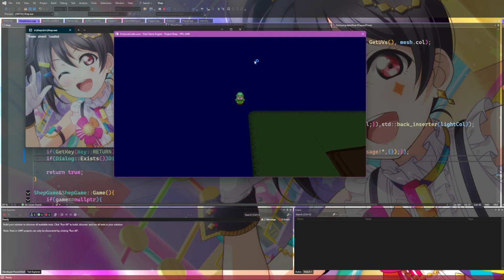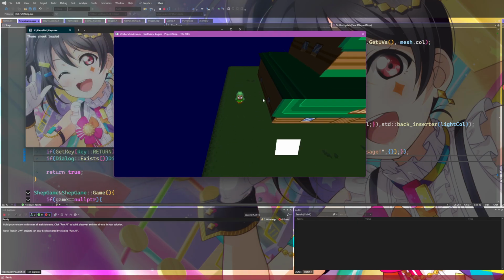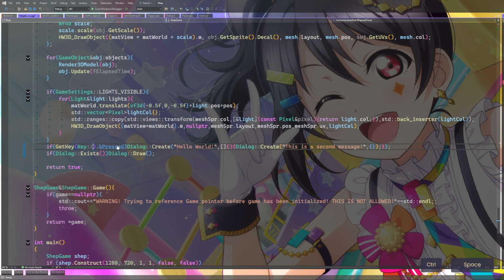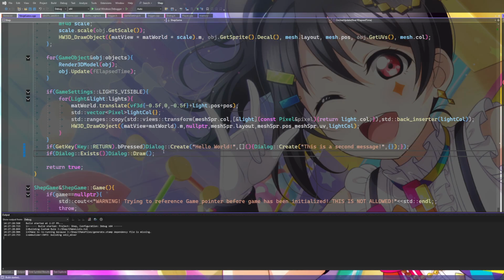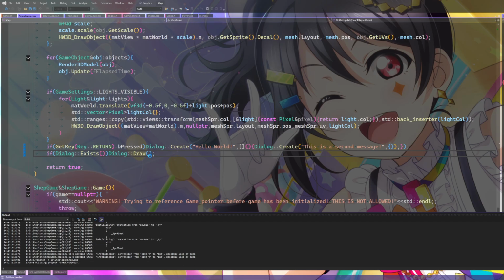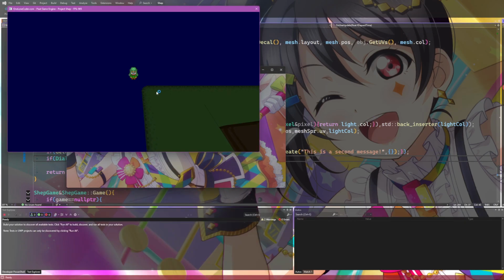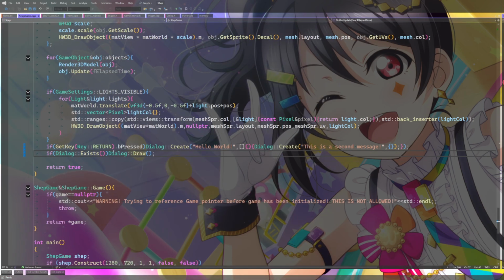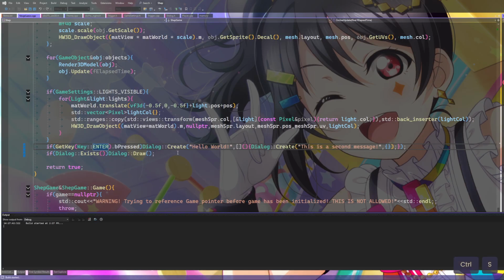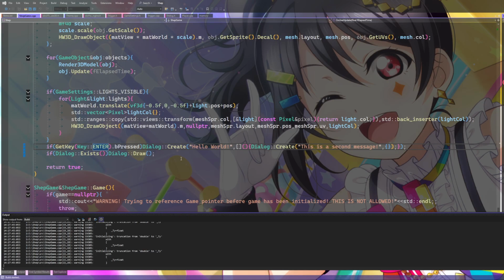So nothing happened. Unless return isn't what I think it is. Is return the numpad key? Is that what happens? Let me see. What is return then? If it's not enter. Or just straight up didn't work. Okay, this worked. I was expecting to see this.